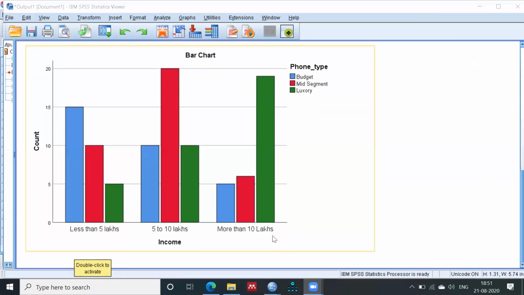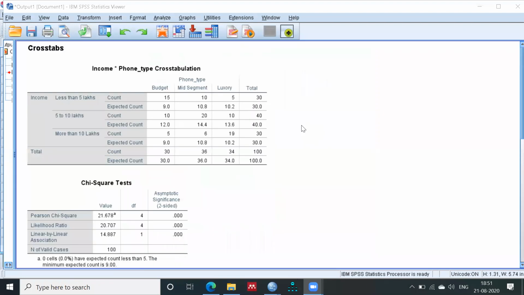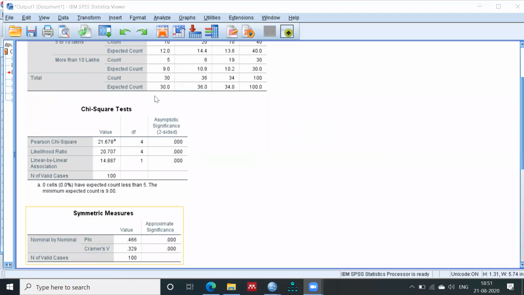And in the more than 10 lakh, the maximum persons are using the luxury phone, right? So through the bar chart you can also see and interpret, but basically chi-square is helpful for the association. The main thing in the chi-square is, what kind of association? Between the nominal variables, your income and the mobile phone which you are using.